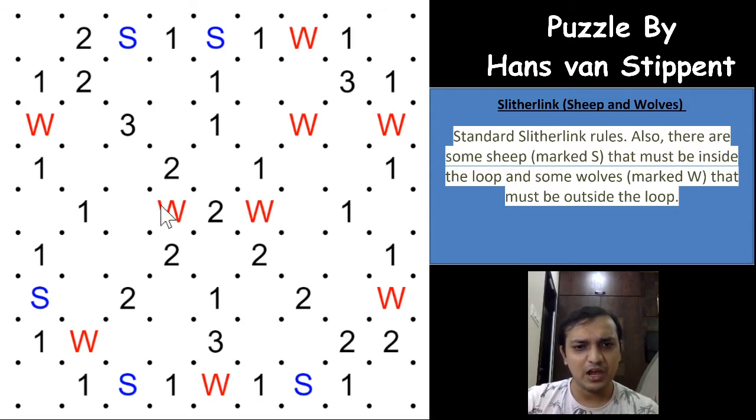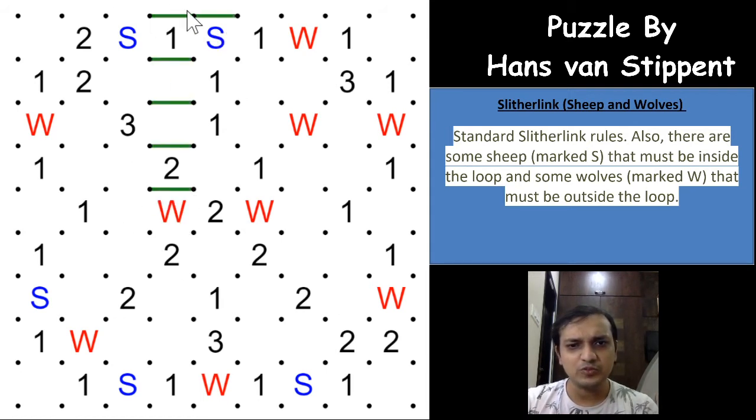So for example, if you have this W towards this edge of the grid, there are 4 possible loop segments towards the edge of the grid. After the loop is drawn, it will have only an even number of loop segments. It should always have an even number of loop segments towards the edge of the grid in any direction. If you take this direction separately, there are 5 loop segments possible, but you should always have only an even number of loop segments: 4, 2, or 0 is also counted as even for a W.